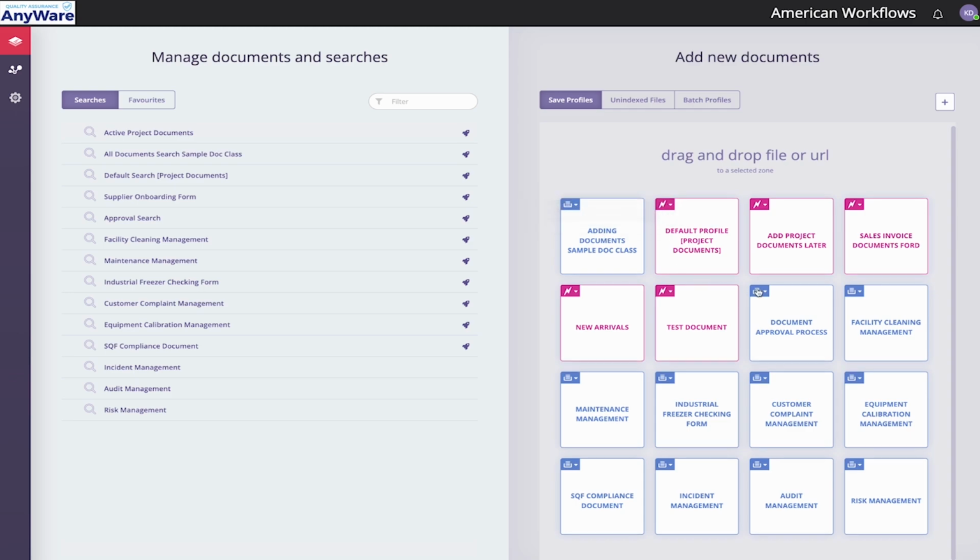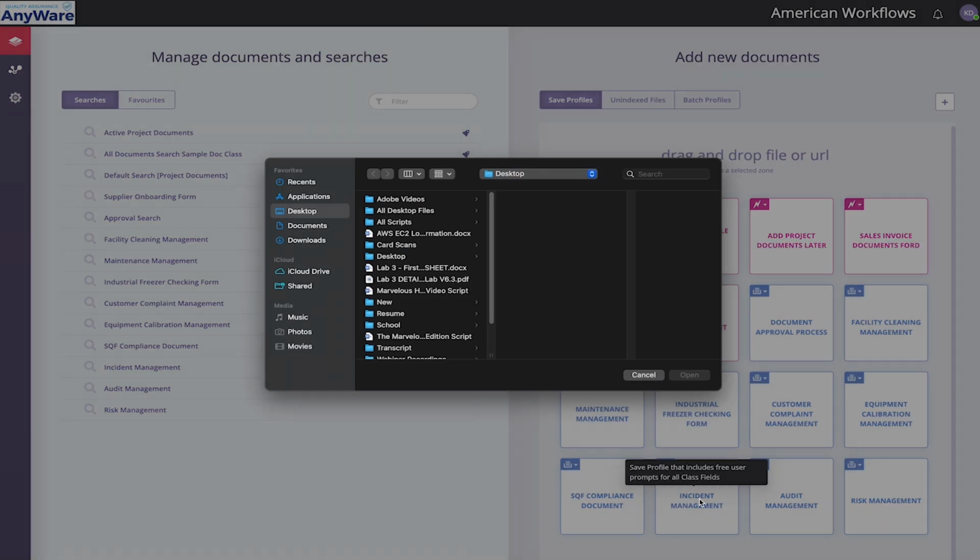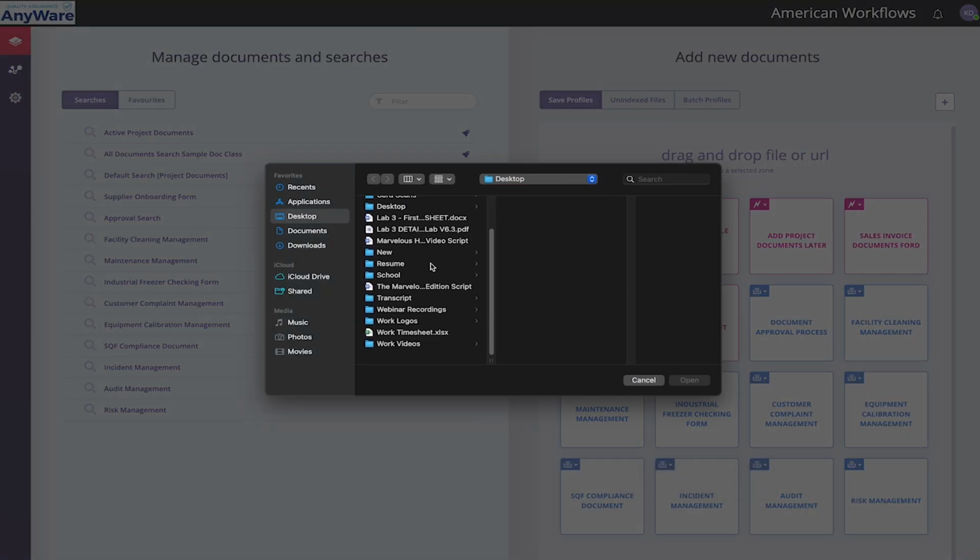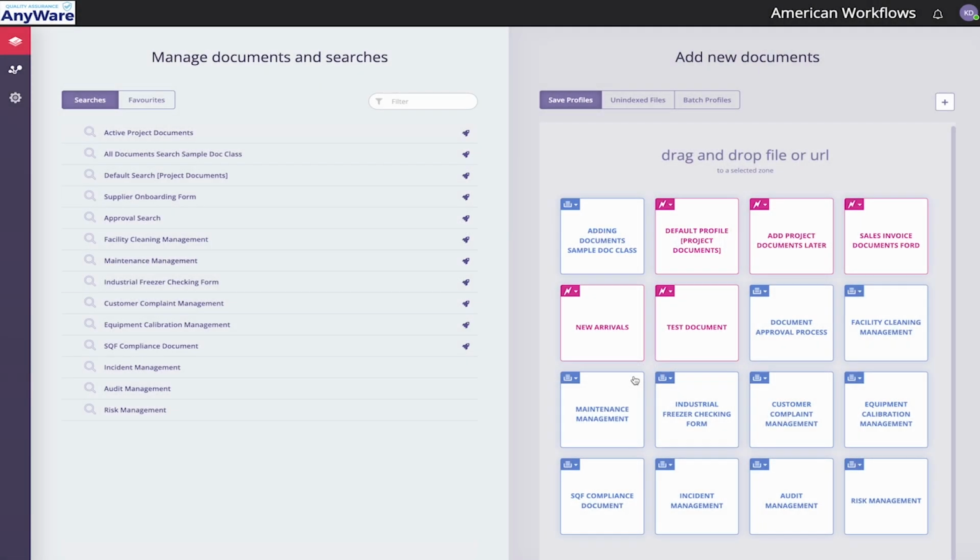As you can see, we have several folders. This can be an incident management folder, an audit management folder, a risk management folder, and so forth. In order to upload a document, we can simply click on, for example, incident management, if I want to upload something about incident management, right? I can click on it and choose which form I'm going to be posting from my laptop. And once it's done, the document upload will go on the left side, which is a search